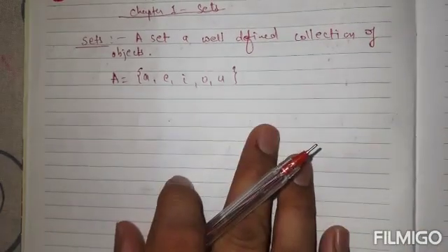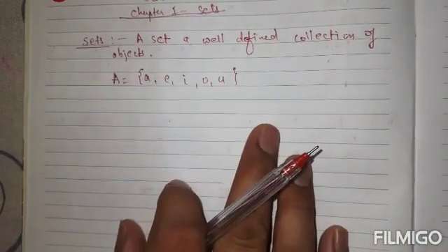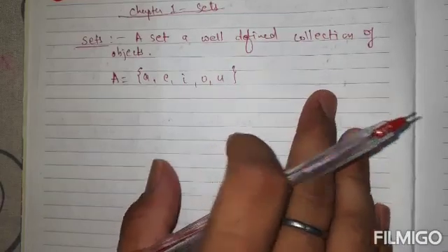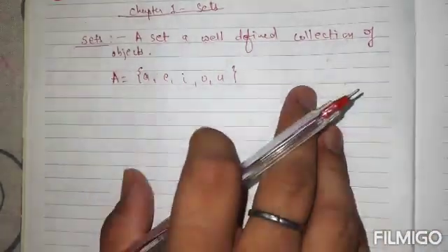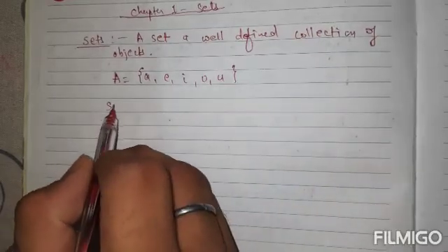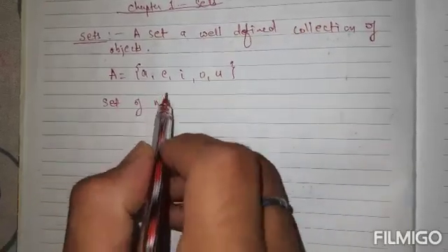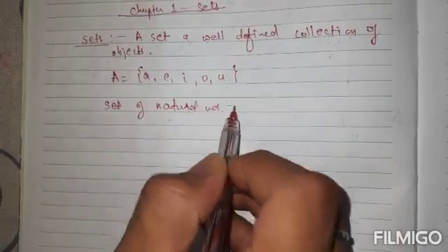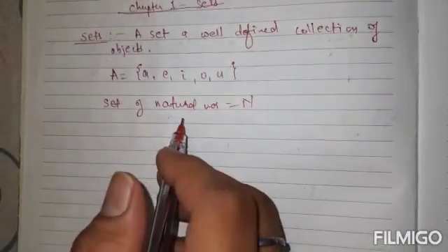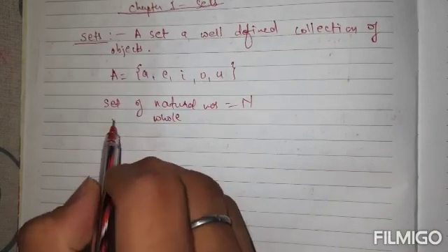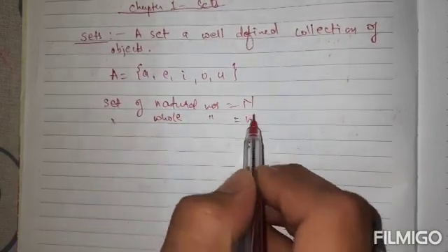In mathematics we will deal with sets of numbers only. So there are some predefined sets that you must be aware of. We have been using these in lower classes very frequently, like the set of natural numbers and the set of whole numbers. You know that the set of natural numbers is denoted by N. The set of whole numbers is denoted by W, that you know very well.